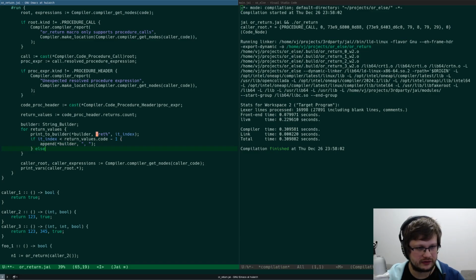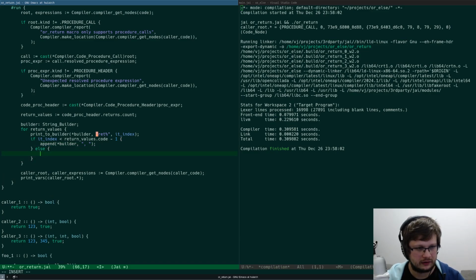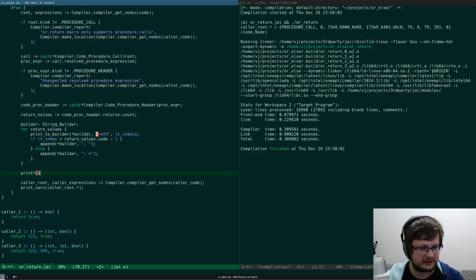Else if it equals code minus 1, we append colon equals like that. Let's then print builder to string builder, and we will do print vars.